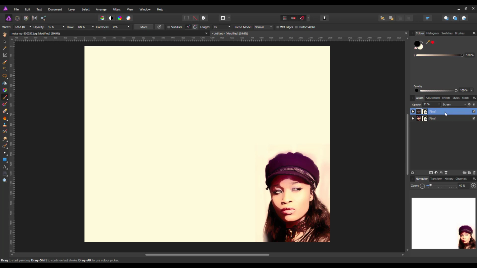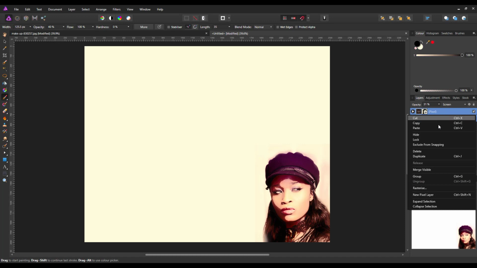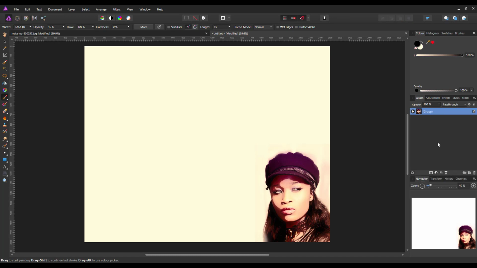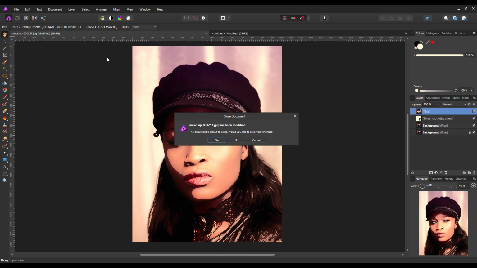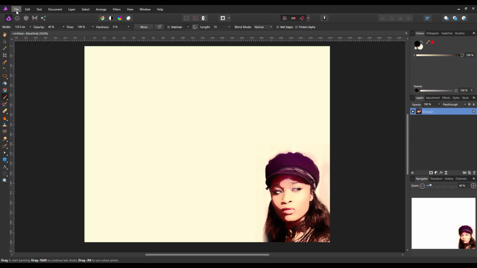Well, before I do that though, let me just put these into a group. So I'll highlight both of those layers and group them together, so they are now able to be resized or moved if I need to, but I don't think I will, but they are now grouped together. Now I don't think I can use the full image like I did in the last image because I cropped it, so let me shut that down and then